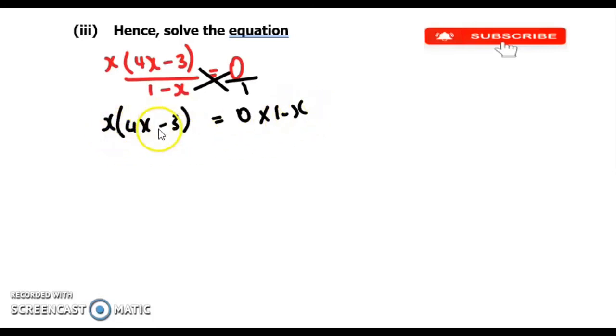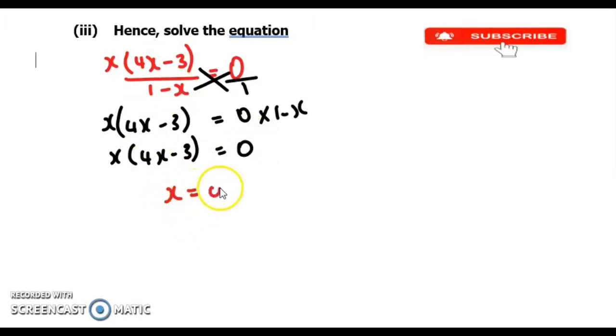And if we multiply here, we know exactly what it is that we're supposed to do. So we have our x, open bracket, 4x minus 3, which is equal to anything times 0, you're going to get back 0. So we have our 0 there. So now this is what we have: x, open bracket, 4x minus 3 is equal to 0. So our final answer would be